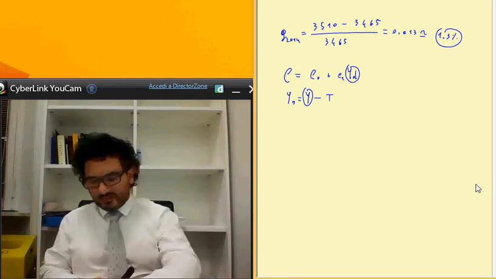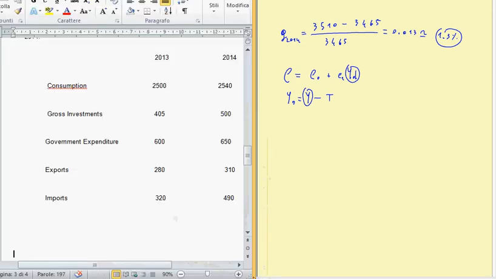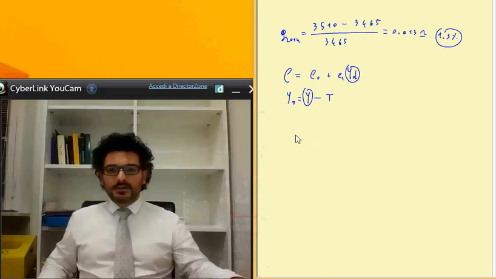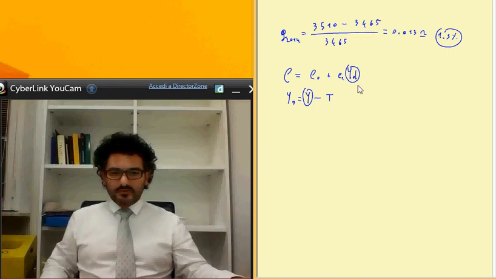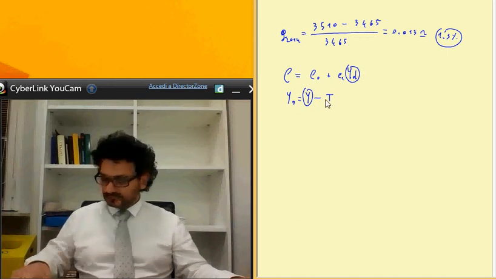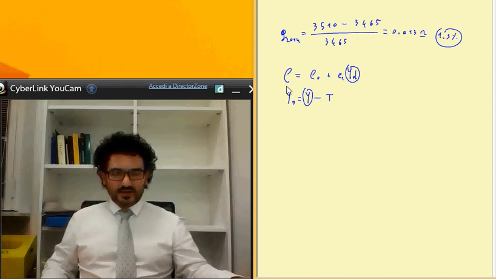So our assumption is that the level of consumption is not fixed as in this example. So consumption equal to this value or this value, but it's not exogenous in some sense, but depends on the level of income. So in order to explain this theoretical hypothesis, we can say that a part of consumption can be explained by the disposable income,